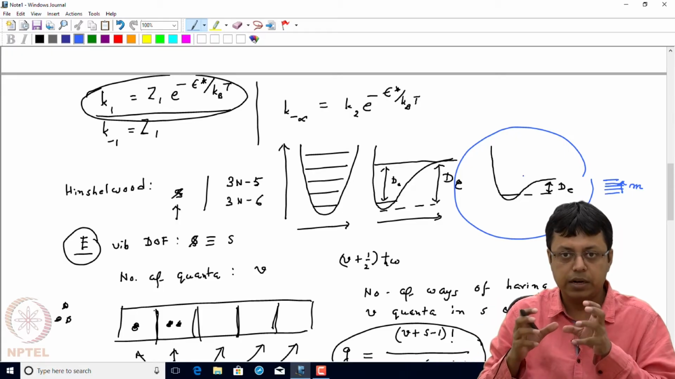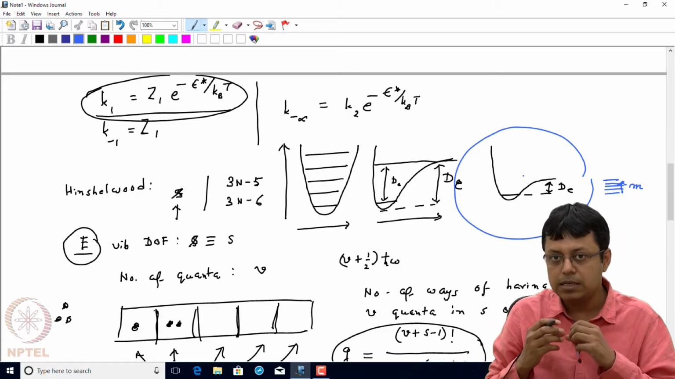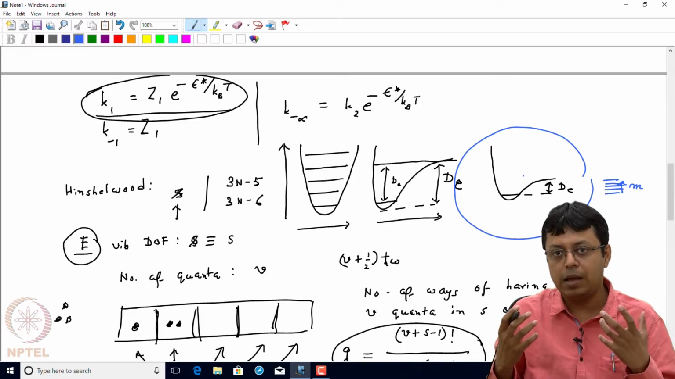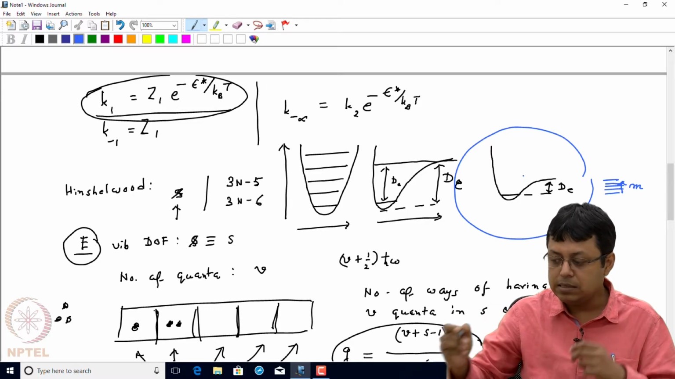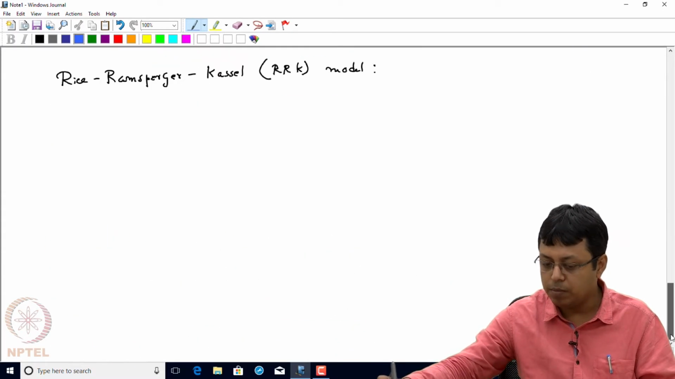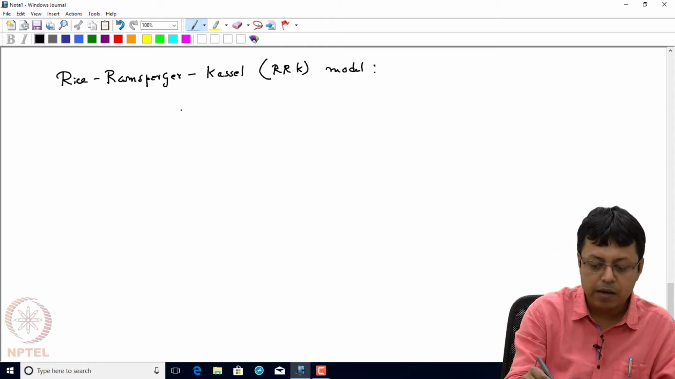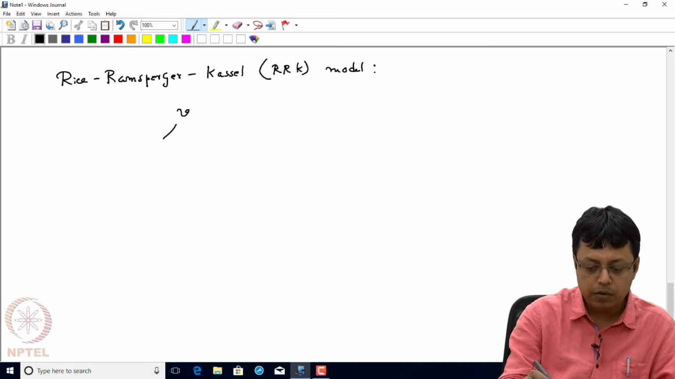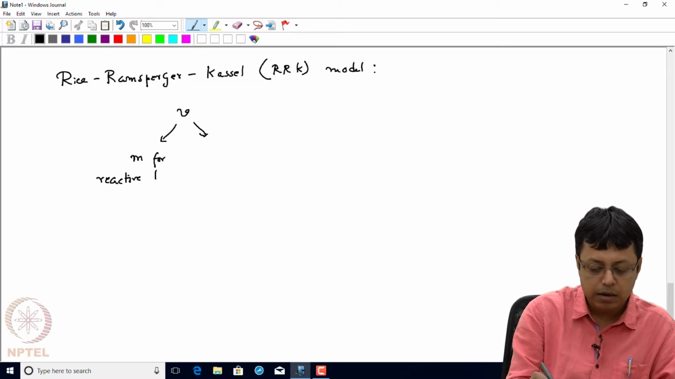So the partitioning right now is a little bit more complicated. It is not like how the V quanta is getting distributed among the S degrees of freedom. There is one more level of complication, and you can show it like this. I have total V quanta and total S degrees of freedom. Out of this V quanta, what I am saying is that the m quanta is going for one particular degree of freedom, which is the reactive degree of freedom,